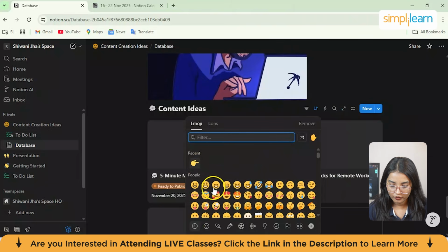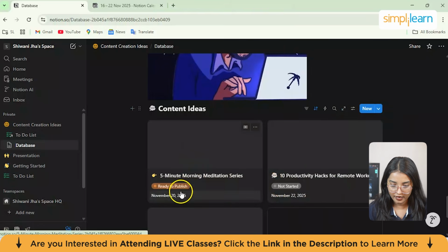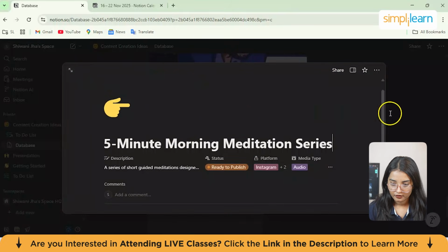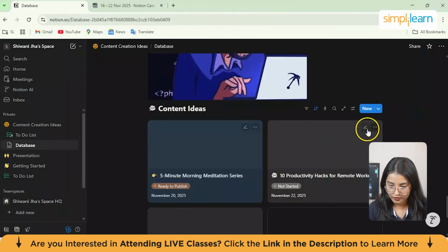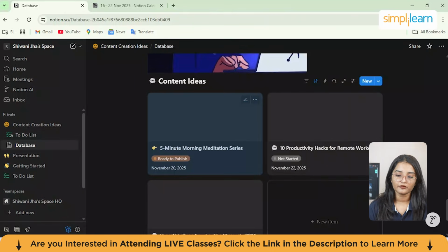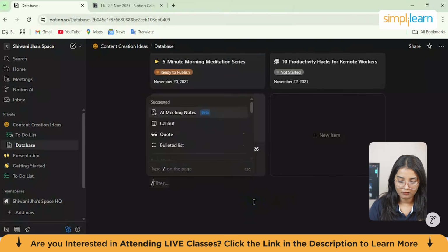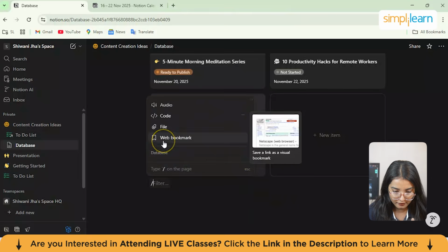Let's suppose if you want to add this particular thing, you can add it here. And it's not showing me the image, right? So it's taking a bit of time to actually load the media from here. Till then, we'll just look at some other important features.